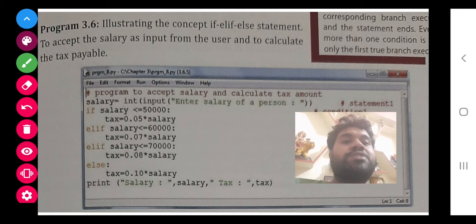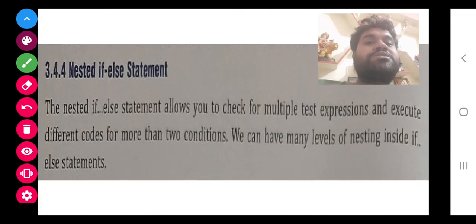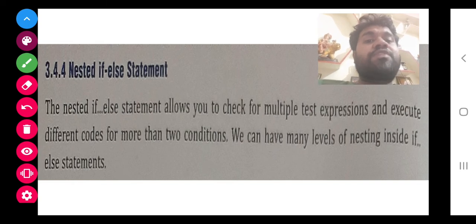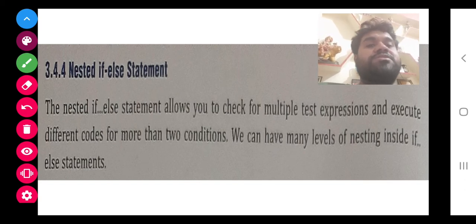So that's all class. Next is the nested if else statement. In nested if, as I said, first of all we have to check one condition, then inside that, if it is true, another condition is to be checked, that is an if else. But in the previous one, the first condition is false, then the second condition will be checked. Here the first condition is true, the second condition will be checked, that is also true, then the third condition will be checked, that is also true, then the result will come.